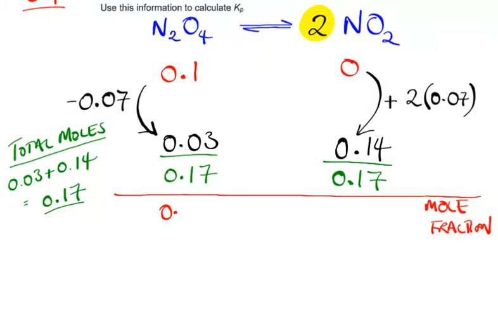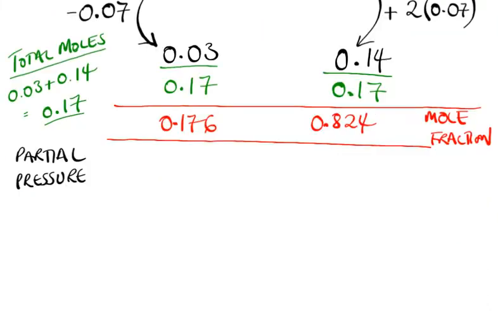So I've got 0.176 for the N2O4 and 0.824 for the NO2. Hopefully we can see they come to 1. Now to get the partial pressures, we just need to times the mole fractions through by the total pressure. So the total pressure was 13.3 kilopascals,